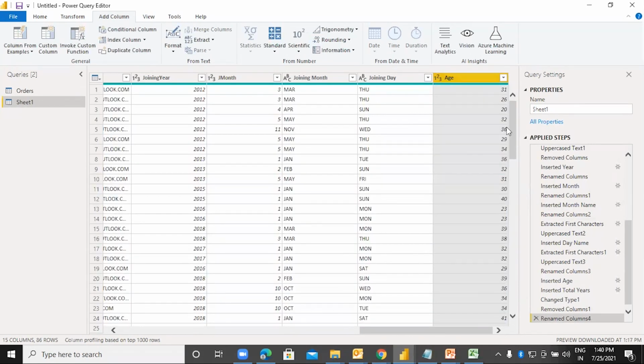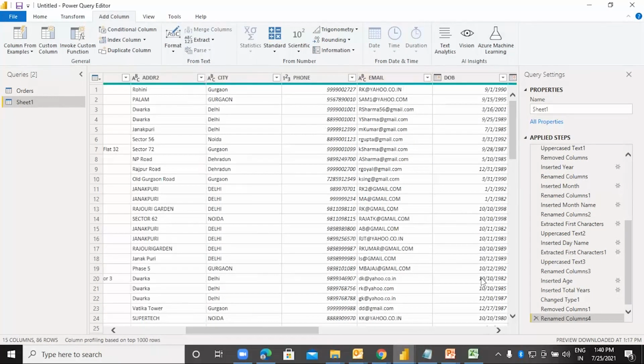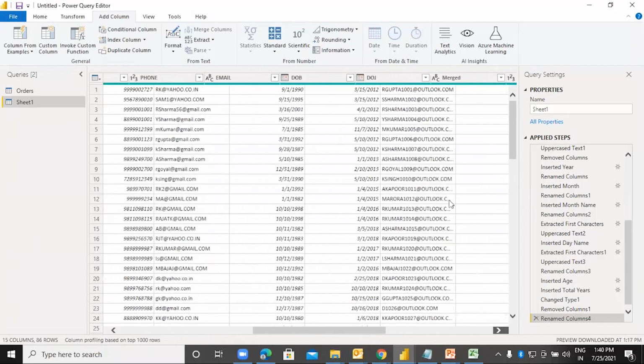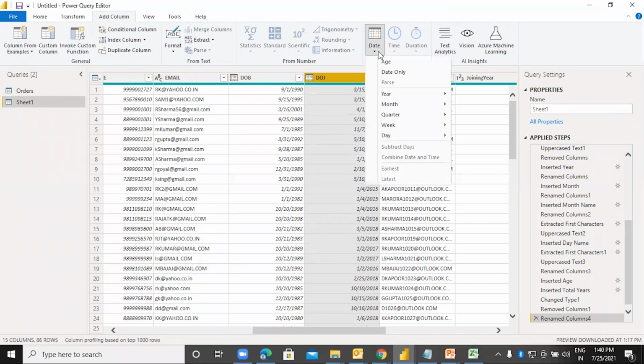Okay, so here we are getting, let us also, I have done a joining date. Where is the joining date gone? Let's take the date of joining, and let me go to the date, add column.